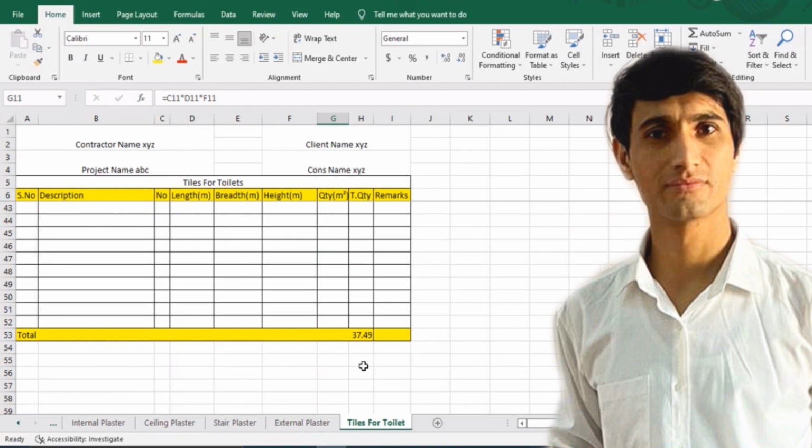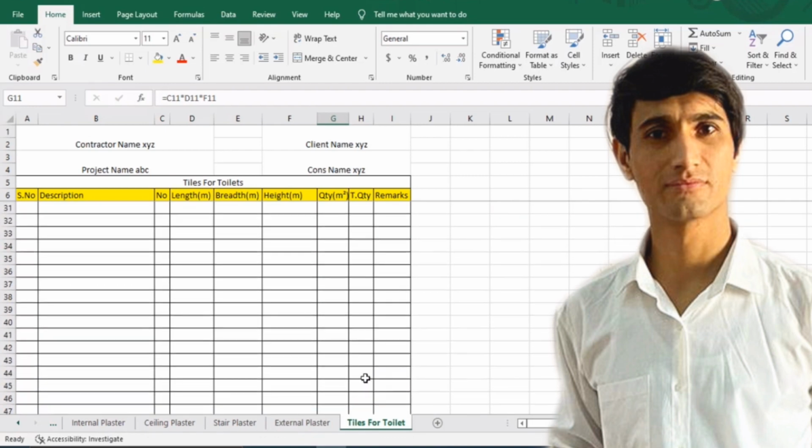And according to the bill of quantity, we need to find out the area for the tiles. If you go into the market and want the tiles, you need to give them the area, whether it is in feet square or meter square, but they will demand the area. According to that, they will give you the tiles. So we have found out the total number of tiles here in the toilets, and this is how we can find out the